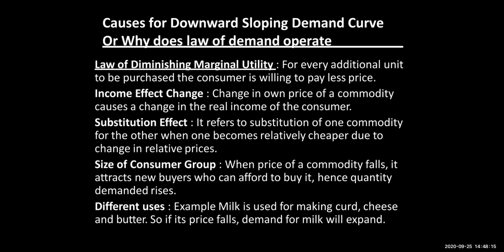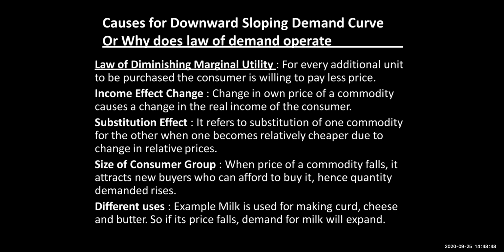Now, what do you mean by real income? Let's say, for example, that you went to the shop to buy all the stationery, assuming that it is going to cost you 100 rupees. When you went to the shop, the price of stationery was reduced. And now instead of 100, it's going to cost you only 60 rupees. So with the fall in price, your real income, that is those 40 rupees which you have saved, that is your real income. But why are those 40 rupees remaining?